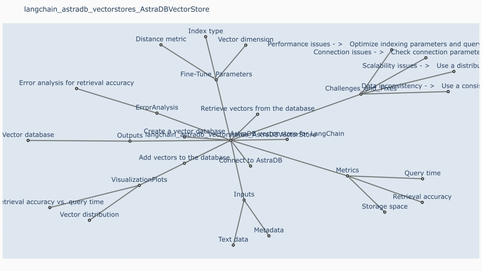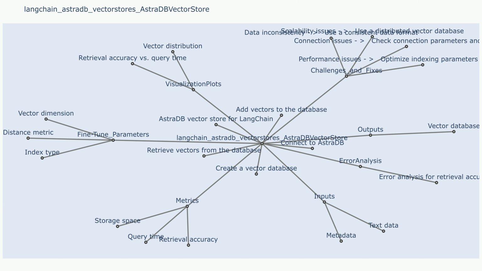LangChain Astra DB Vector Stores. Astra DB Vector Store. Description: the Astra DB Vector Store is a LangChain vector store that uses Astra DB as its backend. It allows you to store and retrieve embeddings in a scalable, reliable, and cost-effective manner. Astra DB's managed cloud database infrastructure handles data storage, while LangChain's integration makes it easy to interact with the database